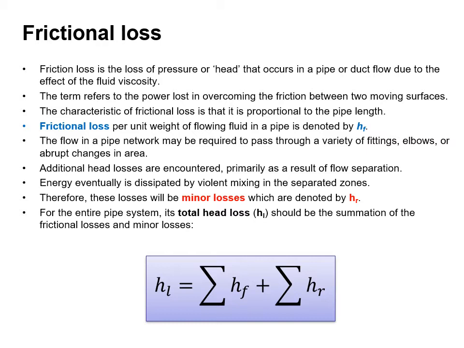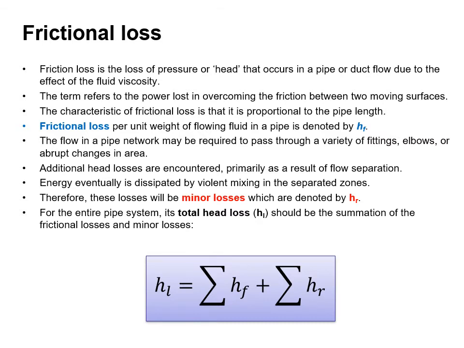The flow in a pipe network may be required to pass through a variety of fittings, elbows, or abrupt changes in area. Additional head losses are encountered, primarily as a result of flow separation. The energy eventually is dissipated by violent mixing in the separated zones. Therefore, these losses will be minor losses, which are denoted by H subscript R. So for the entire pipe system, the total head loss should be the summation of the frictional losses and the